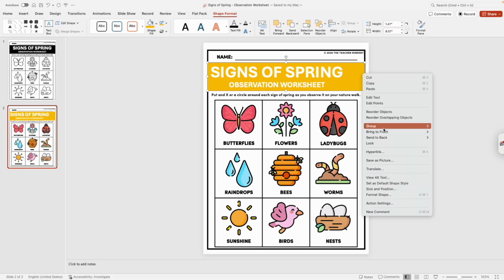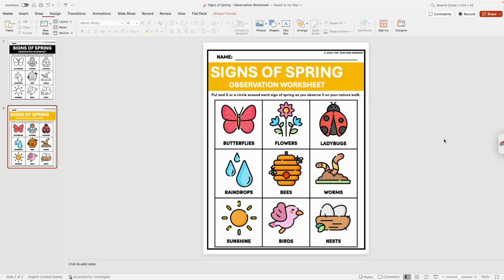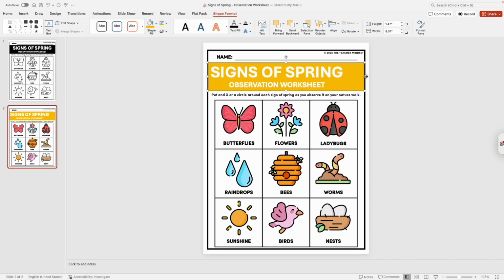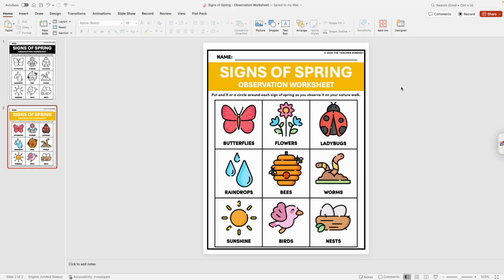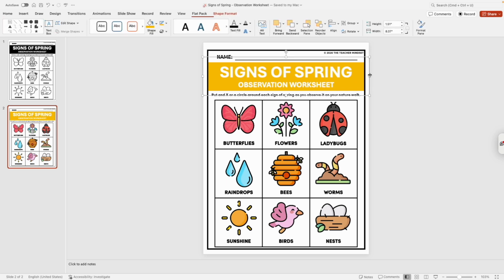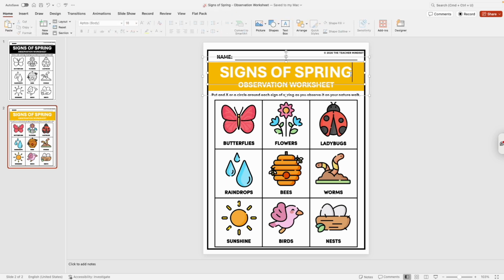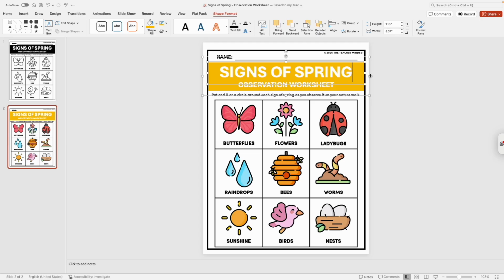So I would click on it and click send to back so that it would fall. As you can see, now it goes underneath the black border. And I would totally do something like this if I wanted to give it some color. Another thing that you could do if you wanted to give it a specific color,